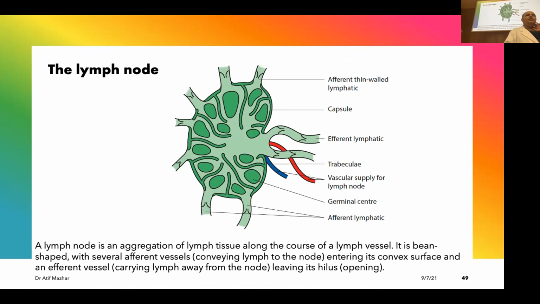What happens? The fluid which has been released from the blood into the tissue is carried by small lymphatic channels to the lymph nodes. These lymph nodes ultimately lead to one big channel in the abdomen. We call it the cisterna chyli, and this cisterna chyli continues as the thoracic duct. Then it drains on the left side into my subclavian vein. The right side has a separate drainage. So there are only two locations for the connection between the venous system and the lymphatic system.